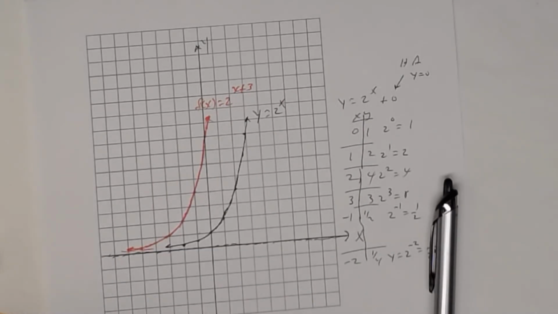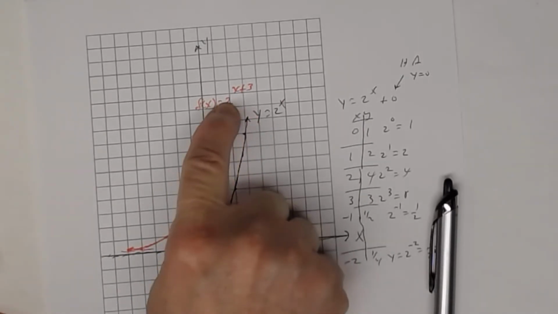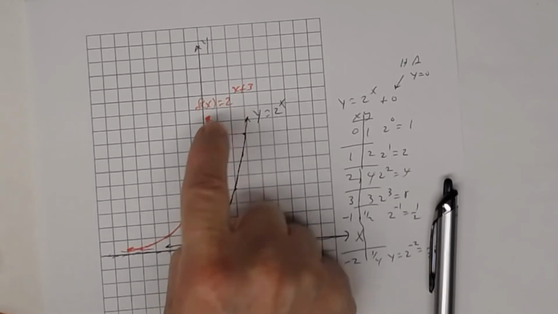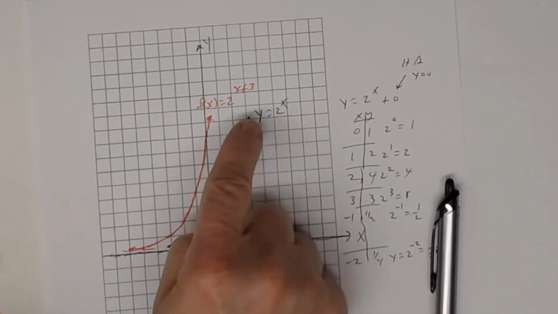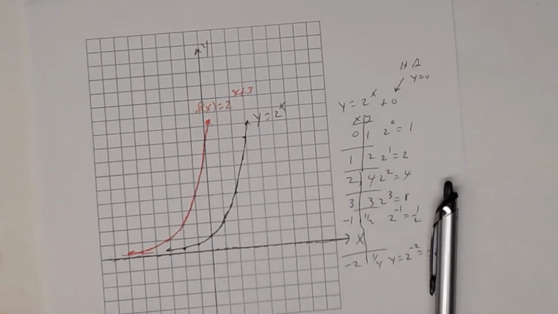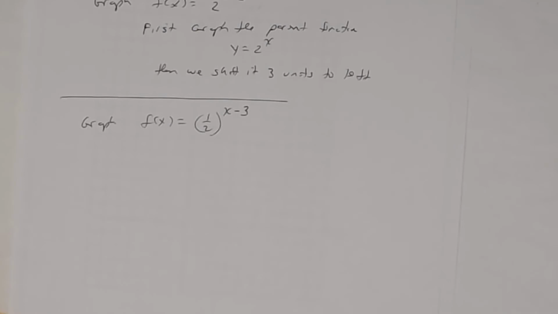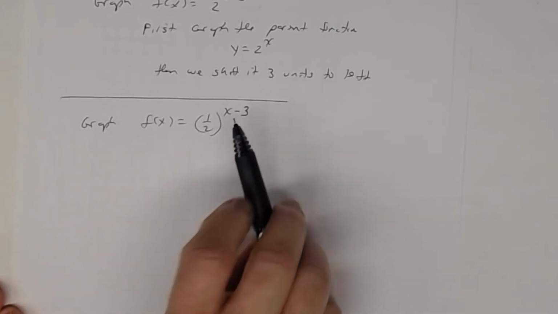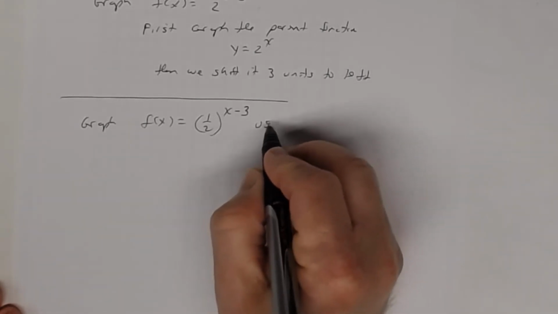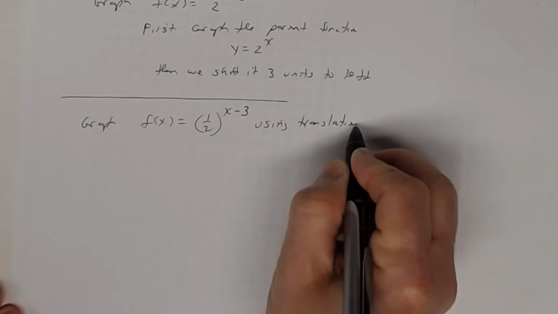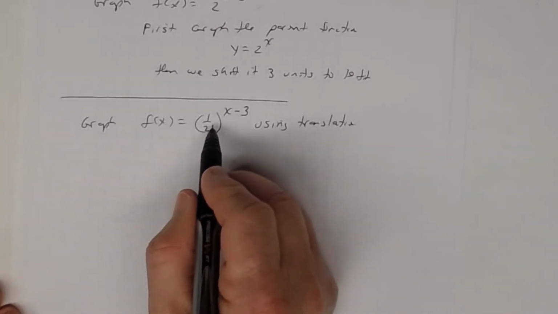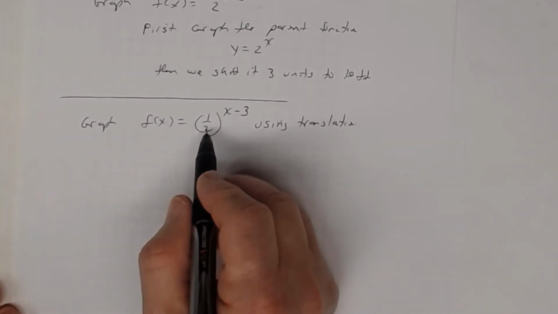All right, let's do one more. So notice that the base here is 2, so you knew it was rising rapidly, right? So what if the base is, let's say, 1/2? So let's look at 1/2. So let's do 1/2. All right, so we're going to graph f of x equals 1/2 to the x minus 3 using transformations, using translations in this case. All right, so since the base is 1/2, which is less than 1, we know that